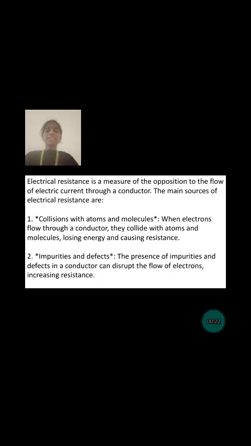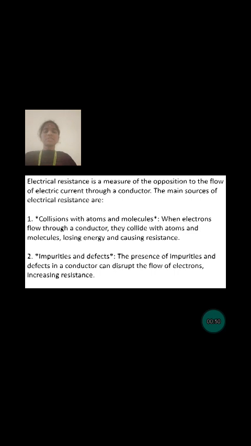Electrical resistance is a measure of the opposition to the flow of electrons, the current, through a conductor. The main source of electrical resistance is collisions with atoms and molecules. When electrons flow through a conductor, they collide with the atoms and molecules, losing energy and causing resistance. Impurities and defects: the presence of impurities and defects in a conductor is a disturbance to the flow of electrons,